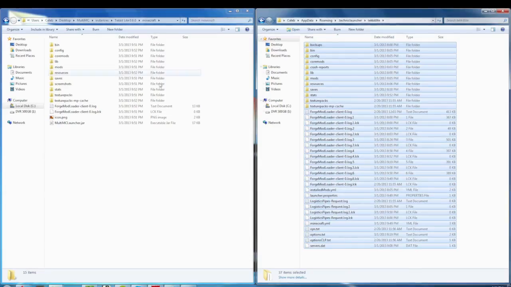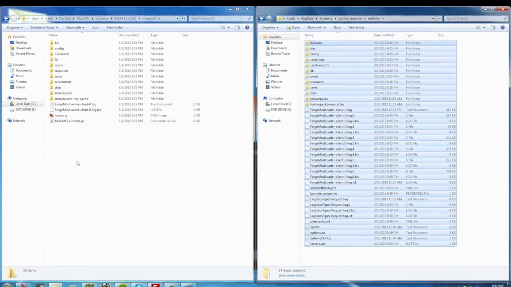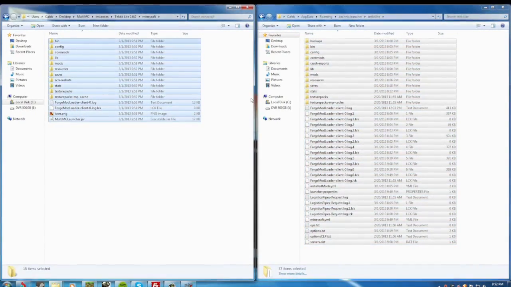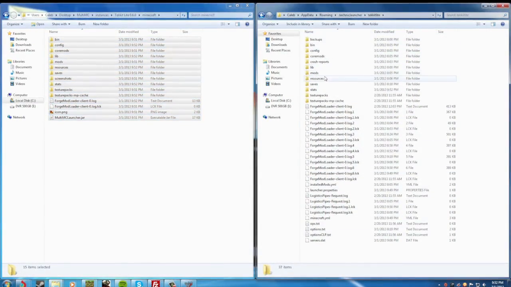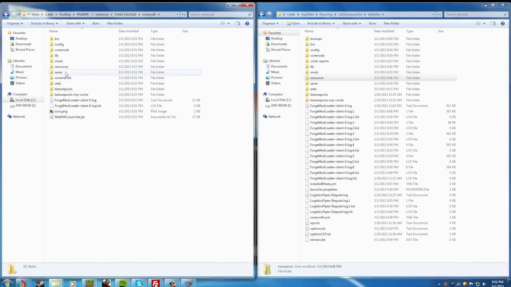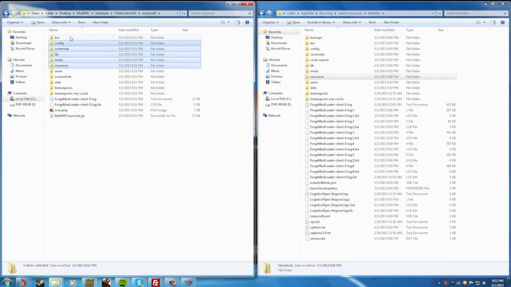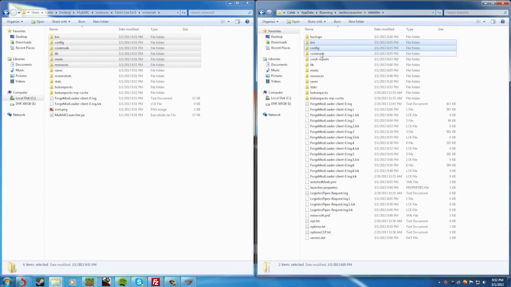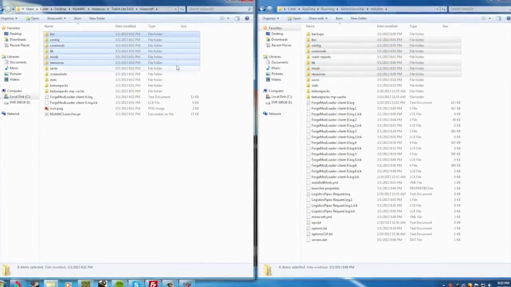And basically what we're going to do is copy everything over. So I'll go ahead and delete all this, because quite frankly we don't need it in here. The biggest things that we need to move over are resources. So we're going to go ahead and delete resources, mods, lib, core mods, and config, as well as bin. Because we're going to be moving over bin, config, core mods, lib, mods, and resources. So if I go ahead and delete these